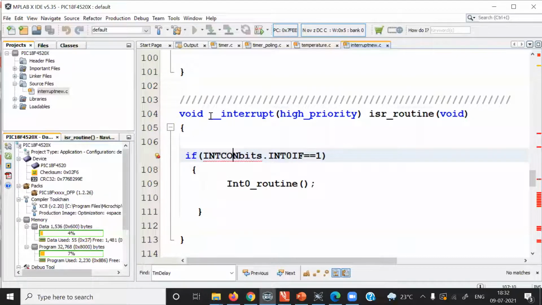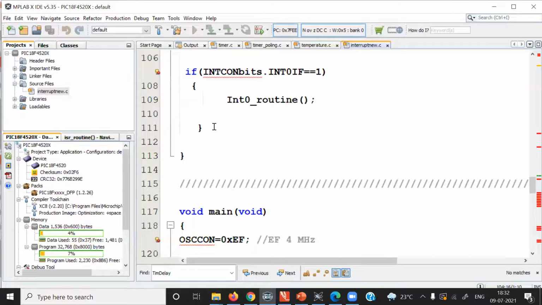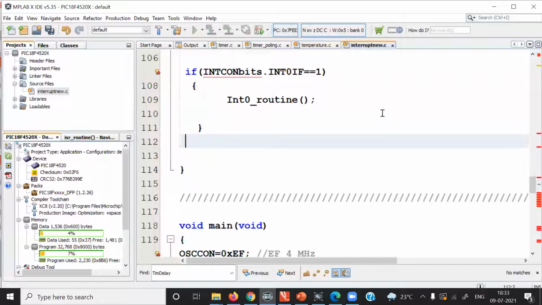This reserved keyword must be used, and you can check multiple interrupts here. You can add another condition, for example, if you have two interrupt sources enabled in the PIC microcontroller: first the INT0 interrupt and second, for example, the timer 0 interrupt. Whenever the timer 0 interrupt gets triggered, the corresponding flag bit will be set.